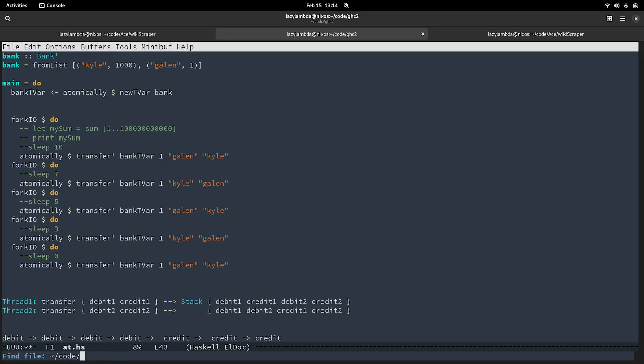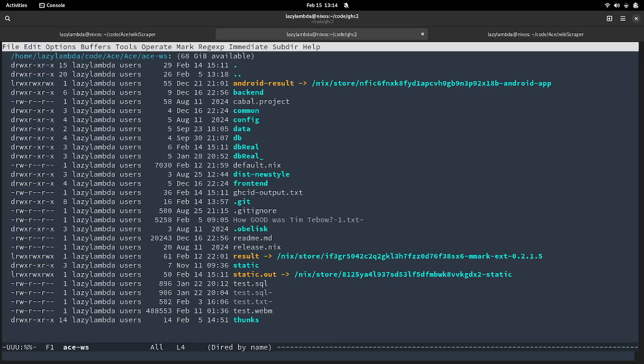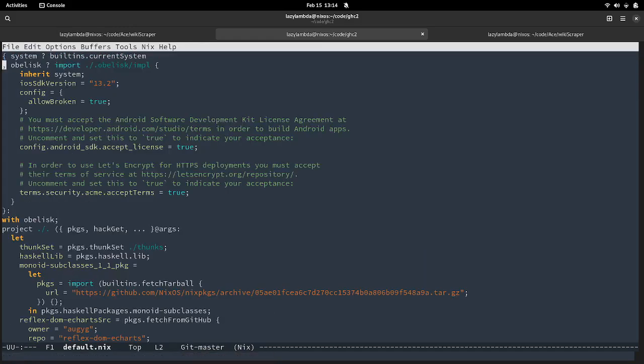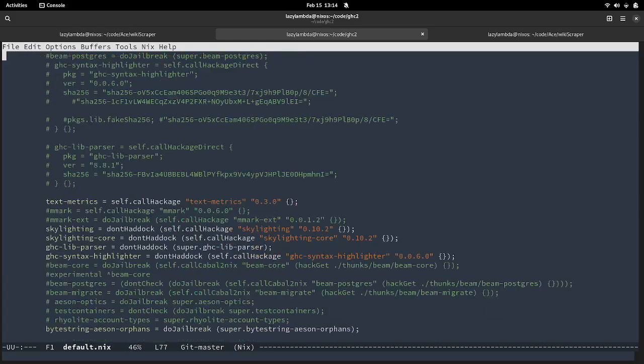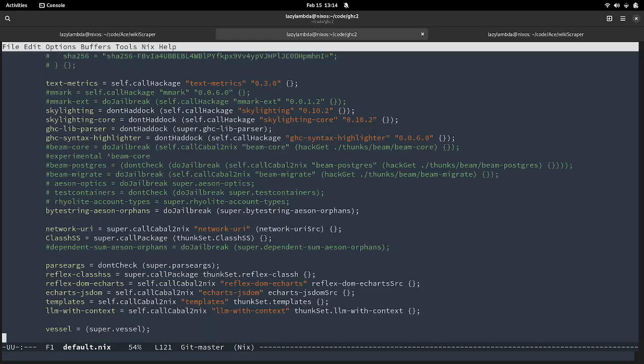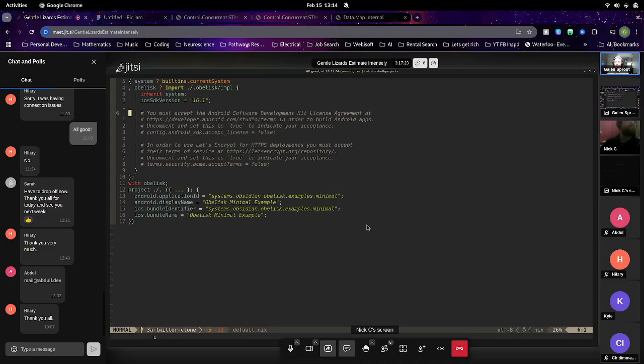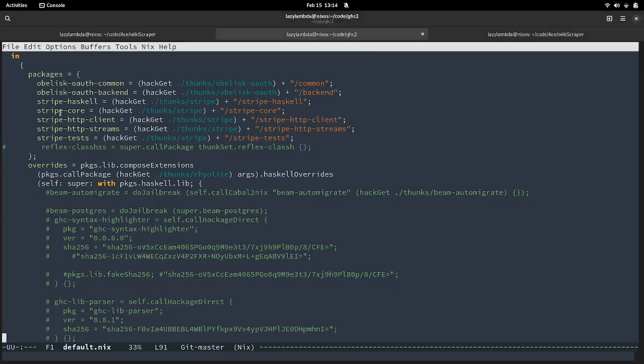Okay, there we go. How do I do this again? It is overrides. Okay, yeah. So you want to say overrides.